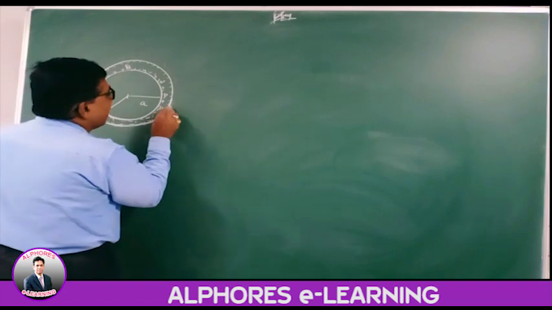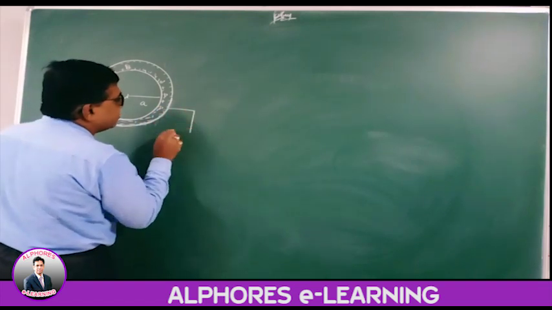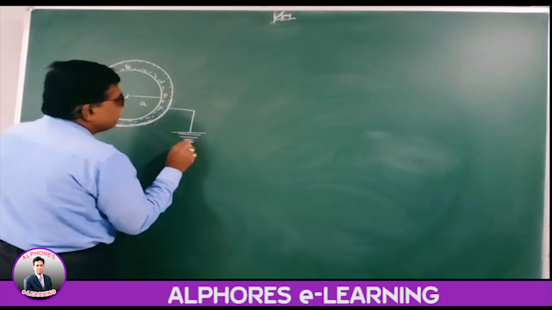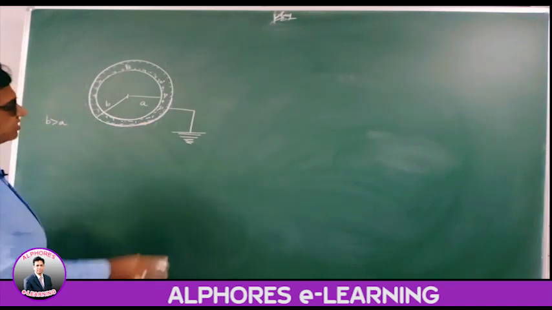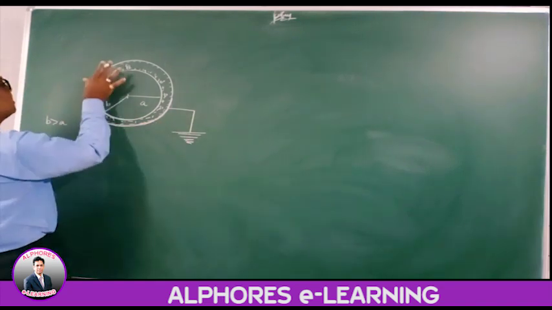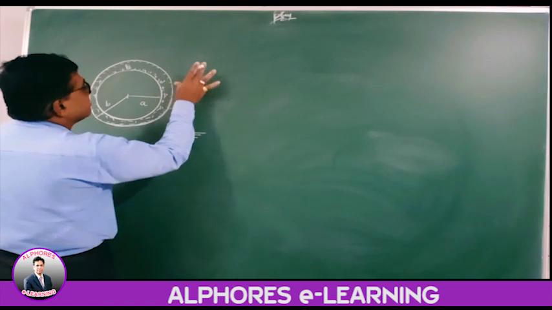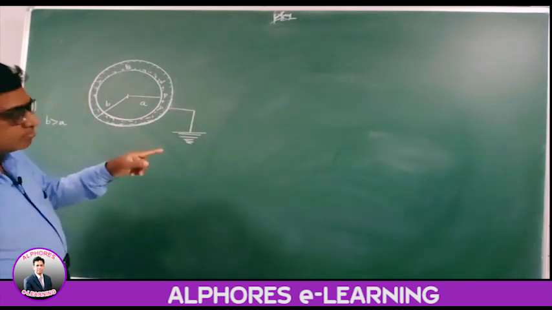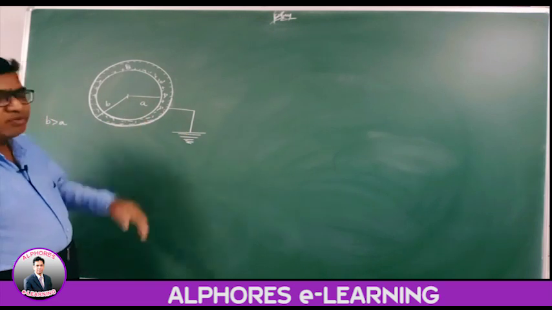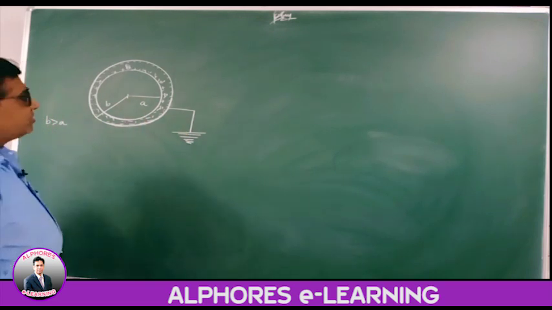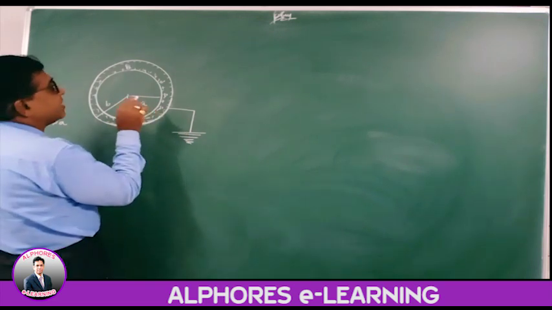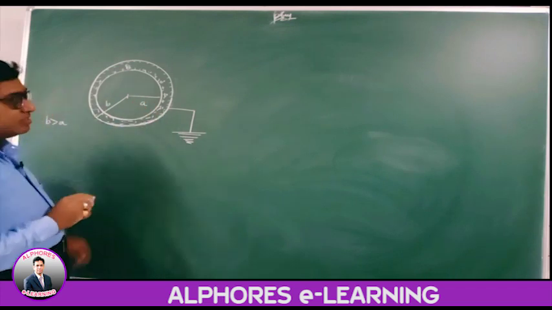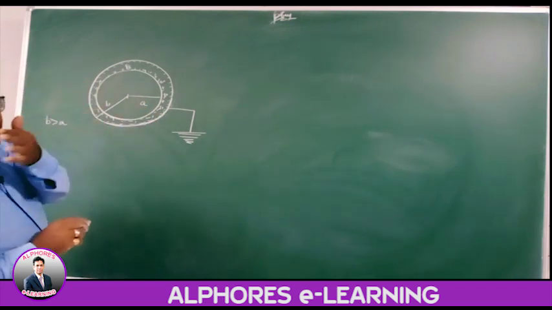Now connect the outer side of the spherical shell to the earth. When the outer surface of the bigger sphere is earthed, all the positive charge is lost because the electrons from the earth will neutralize the positive charge. Now this will form a spherical condenser. This setup is called a spherical condenser.